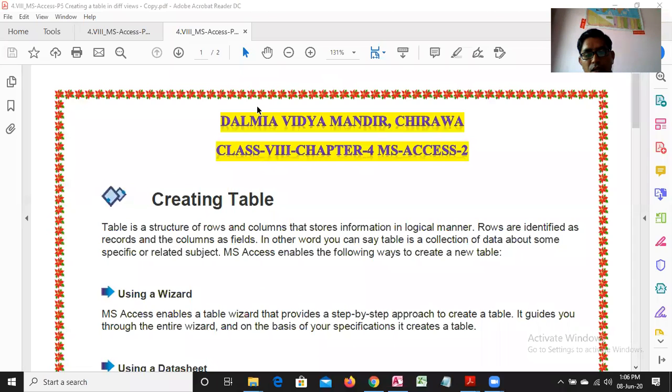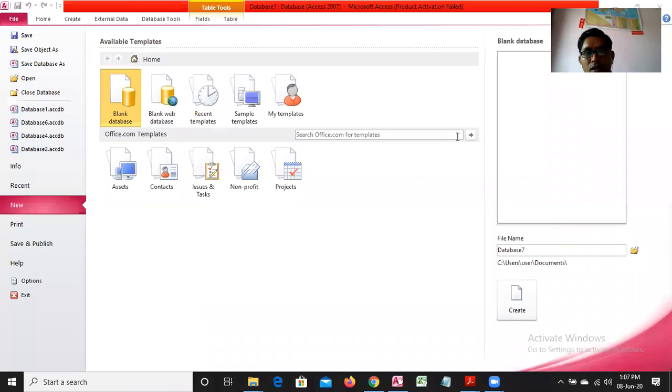Now let me open MS Access and show how to do this. On the screen, open MS Access either by searching or by clicking directly on the application. When you click on the new option, this is Office 2010, go to blank database.